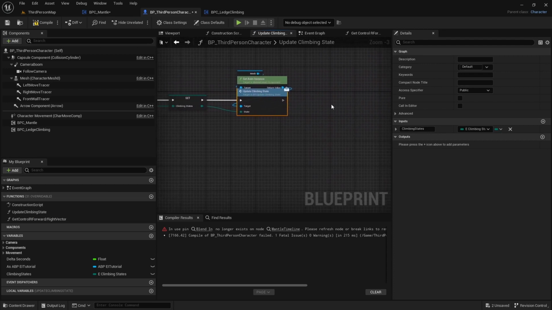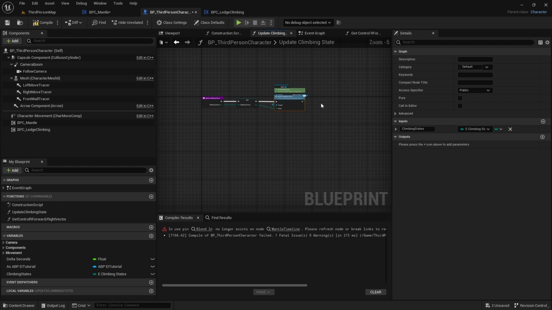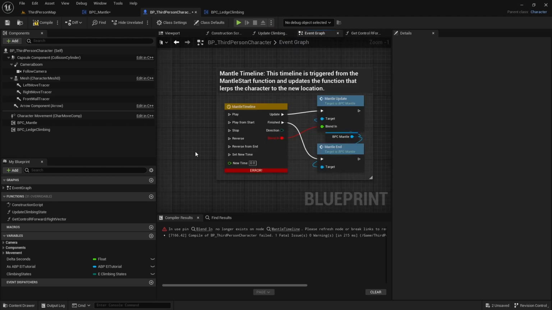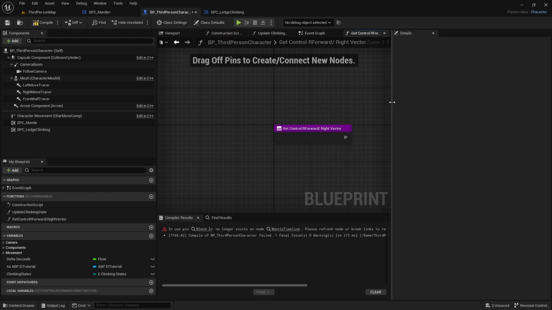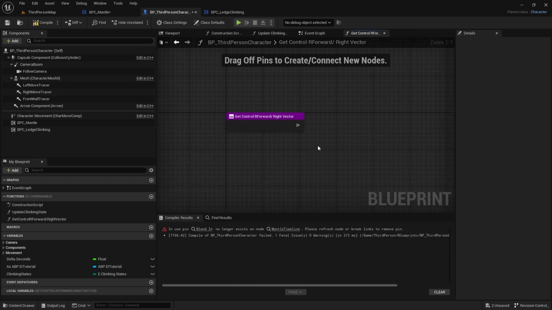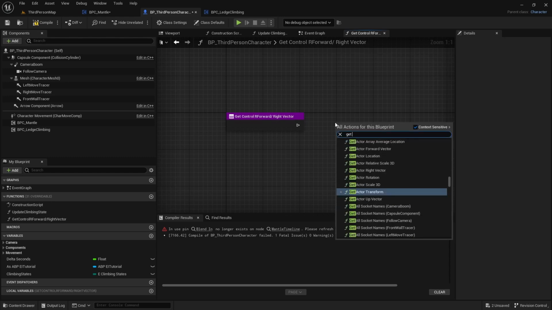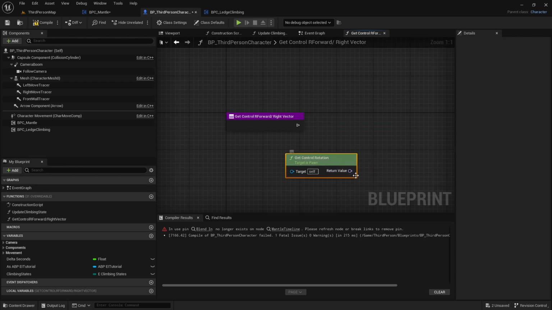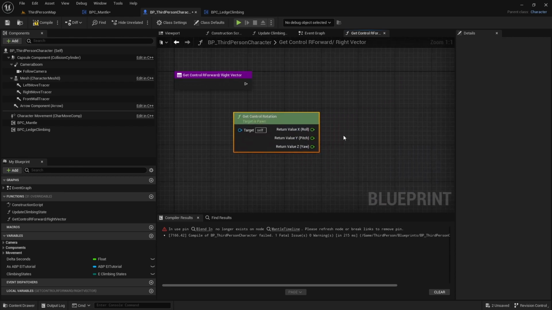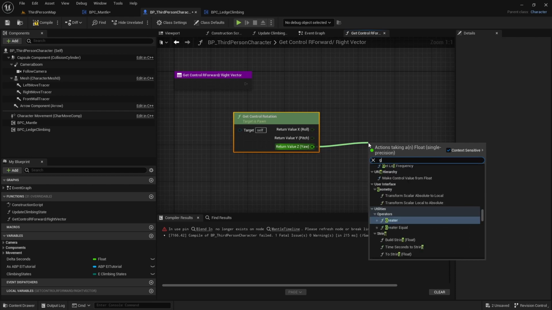Oh, we need to connect this to return, I think. No, I'm not gonna worry about that right now. Let's go back to that function. So what we're gonna do here is we're going to get control rotation. We're gonna split the struct on that, and from the Z, we're gonna get forward